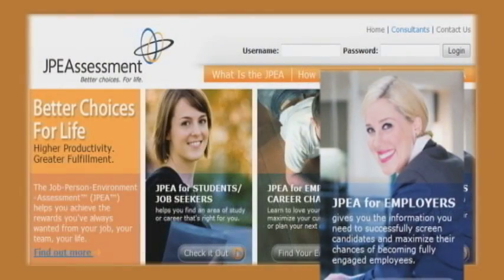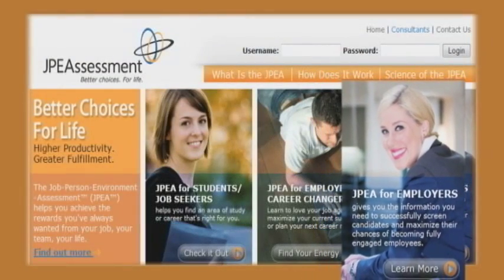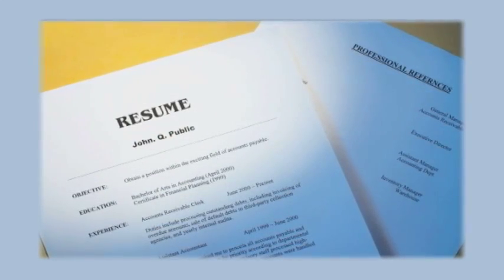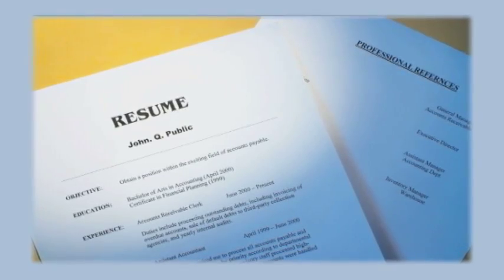Selection and placement is probably one of the most important choices an employee makes. And we're pretty bad at it. And we don't ask the right questions because we typically will look at a job opening and it's usually described on a piece of paper in a requisition or maybe even a job description. And we look at a resume, or we may even look at a transcript if we hire entry-level people.